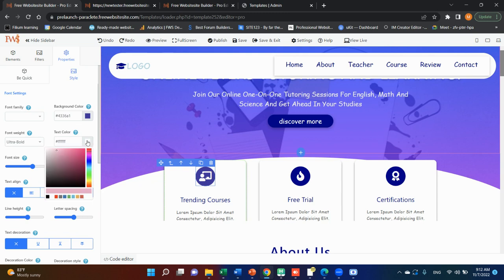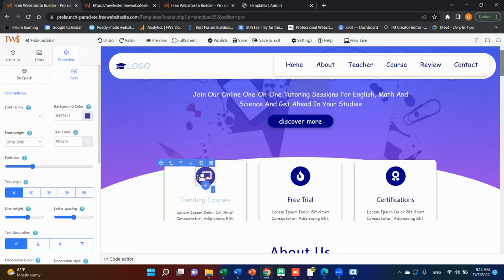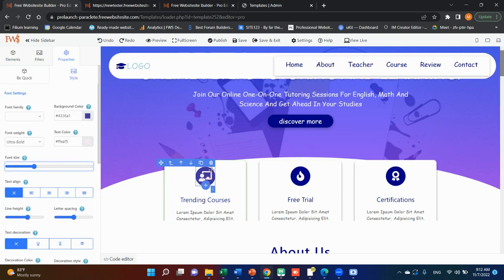And obviously, if you want to change the foreground, you can change that too. Instead of white as it is, you can change it to another color. All those options are generally present here under font settings. For the icon, you can change this, which will change the inside if it's too small. There are a few options. Not everything is going to work for an icon because it's not text, but it is editable through here. So that's pretty much about it. That's the simplest thing you can do to make